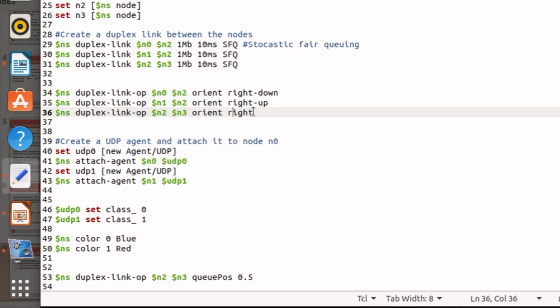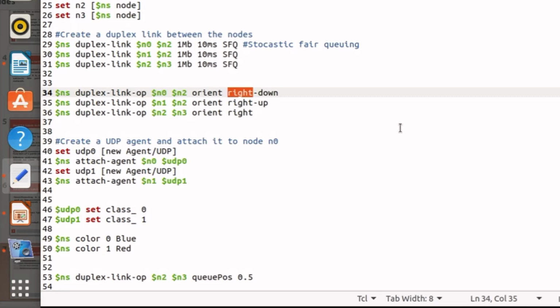Do not search everything in the source codes. Okay, it will take a lot of time otherwise. So what you can do, here the orientation is right down. Now you can think that if we write it left down, small left, then it may be oriented toward left down position. Okay, so you can try that and run it and get the result.